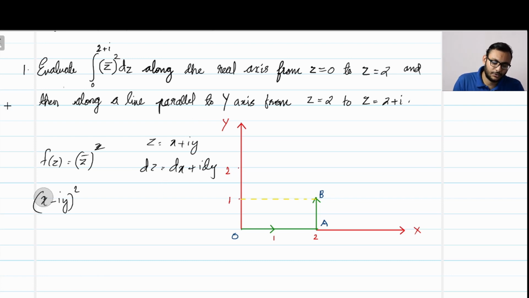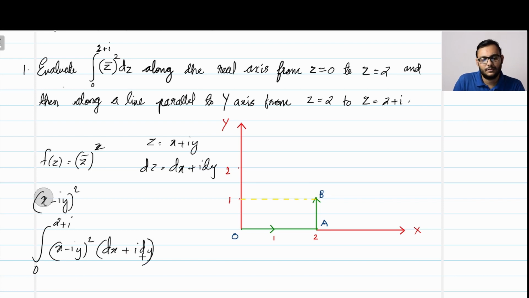Now in order to substitute for this, we have to find the total integral, that is the integral from 0 to 2 plus i of f(z), which is (x minus iy) whole squared into (dx plus i dy). This whole integral can be split into two parts, from O to A and from A to B. So I am splitting this integral as integral OA. In this range, what will be the value? Here along OA,